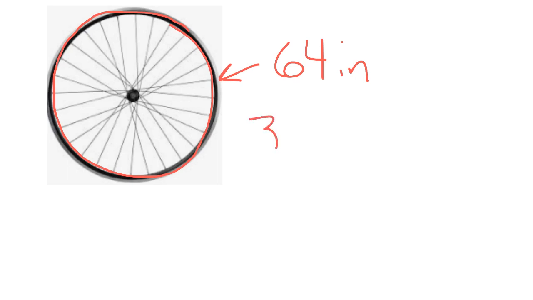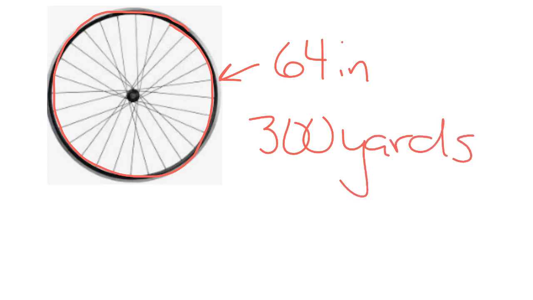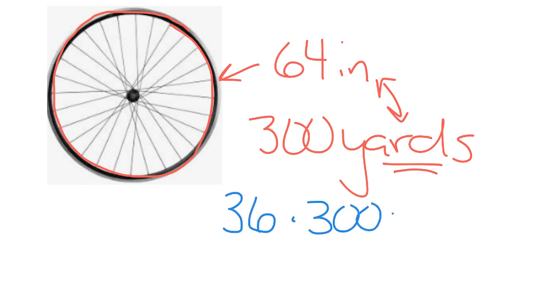So if I ride 300 yards here, you're going to notice something, that we have two different forms of measurement. We have inches and yards. So what we need to do is change our yards to inches so we're all in the same measurement. And the way you do that, there are 36 inches in a yard. You multiply that by 300 and you end up with